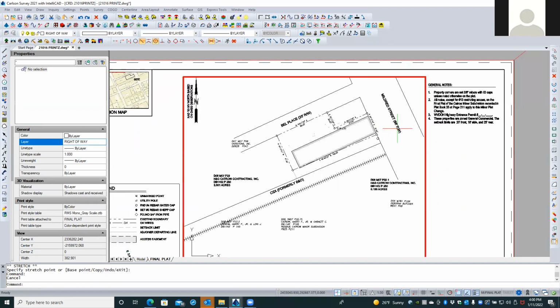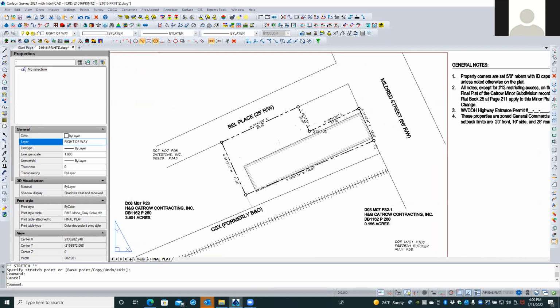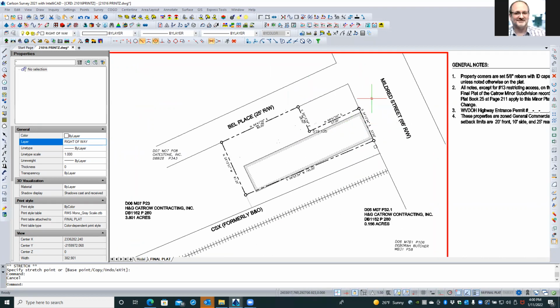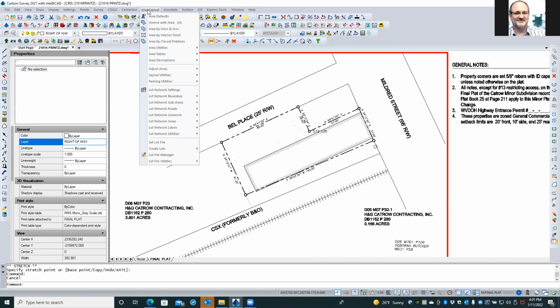Well, I need to do one more thing. We can do the area. You might as well just stay right in here. You're in model space, you've double clicked it. Now I'm not doing anything with the mouse. So there you go, back to area layout. And you can simply do,